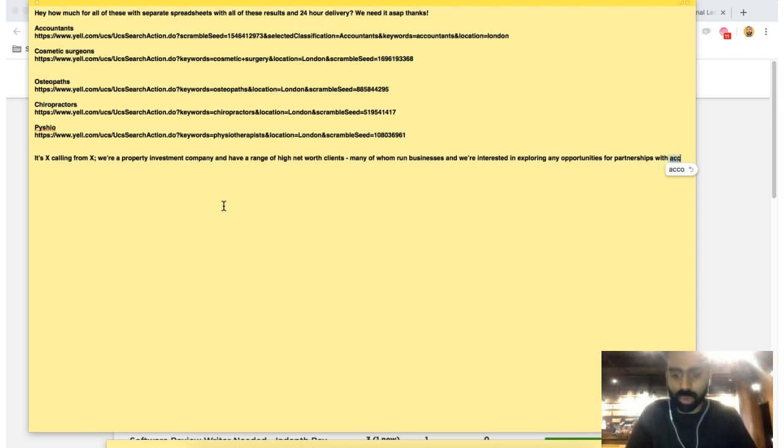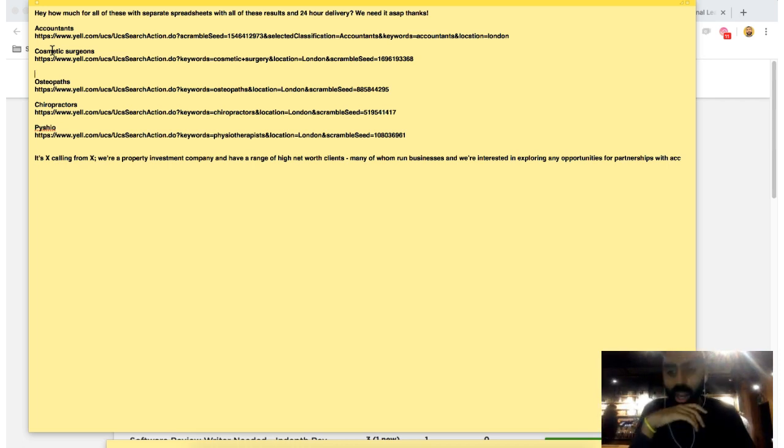So this is the process of how we would build, for example, a cold calling funnel from potentially start to finish. So what we've done is we've scraped some content off Yale, right? We've got these areas of interest. The reason we pick these areas is because we think that these people might have high personal net worth, at least enough to explore the possibility of having done for you investments in the property space, right? So that's why we pick these people.